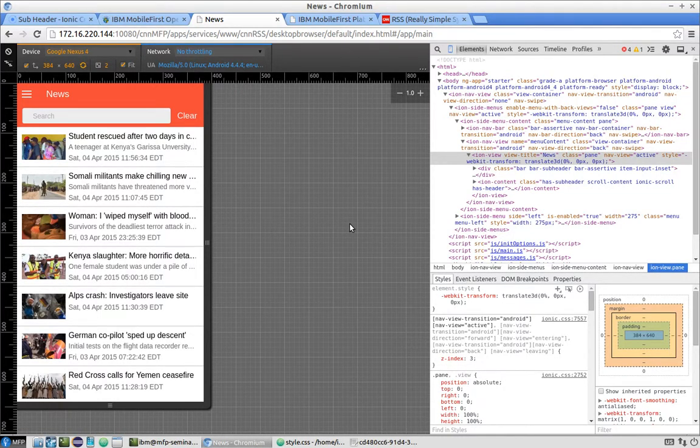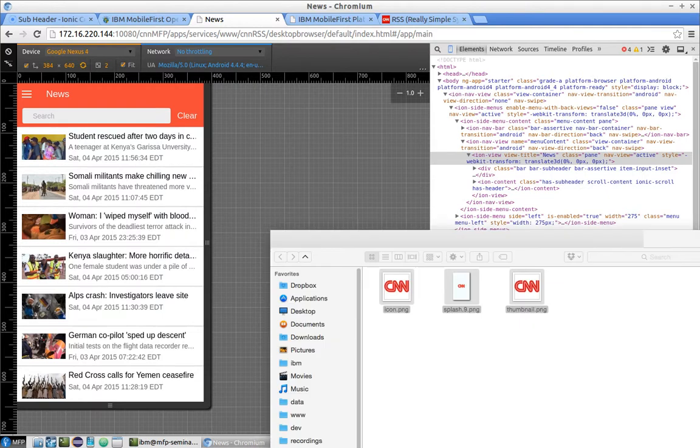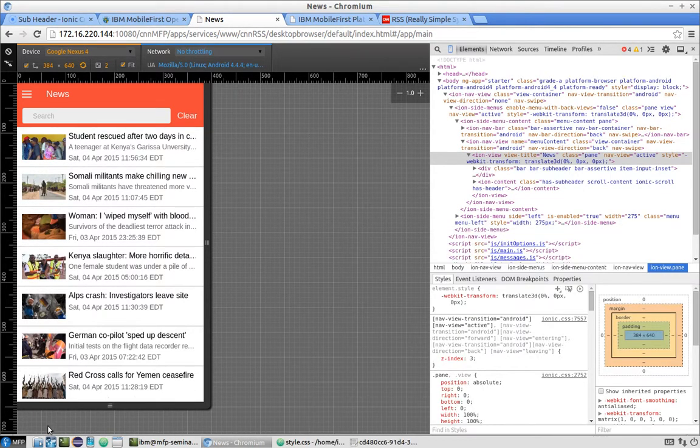Lab number 28. In this lab we will be finishing our mobile application development of the CNN RSS app. And first of all, we will prepare an icon and splash screen for our app. So let's go to our host system folder lab28 files and copy those 3 files that are there inside our download folder